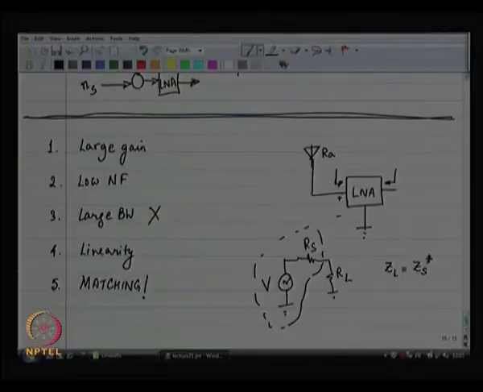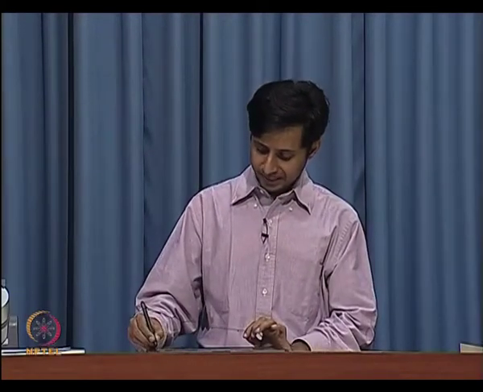So, in that sense it is not really clear that you have to do the output matching over there. Output matching will be necessary to conserve the shape of the signal in any case, right. Also the optimum